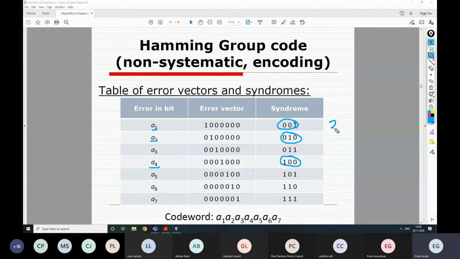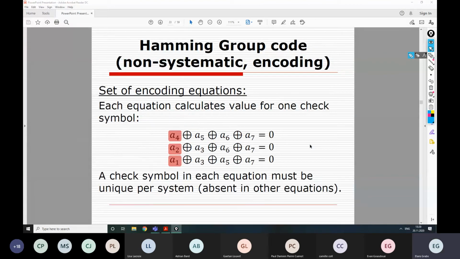So that would be 2 to the power of 0, 1, 2. The next one would be A8. Here we would have a control symbol. That would be 3. Then 16, 32, and so on. That's how it